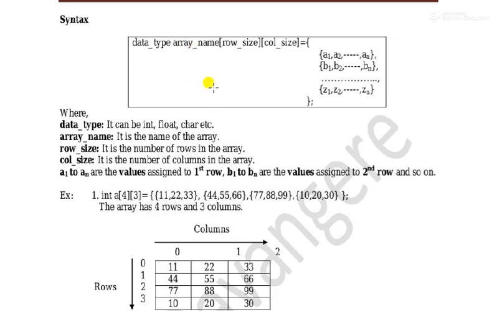So for a one-dimensional array: data type, array name, square brackets, array size mentioned, equal to, and within flower braces you enter the values. The values must not exceed the size of the array. You can enter fewer values than your array size, but you can't enter more. Now for two dimensions, same thing: data type, array name, row size and column size you need to specify, is equal to. Here for each row you have to create one separate flower braces. So for one row, and then inside that row, the columns that you have to enter.